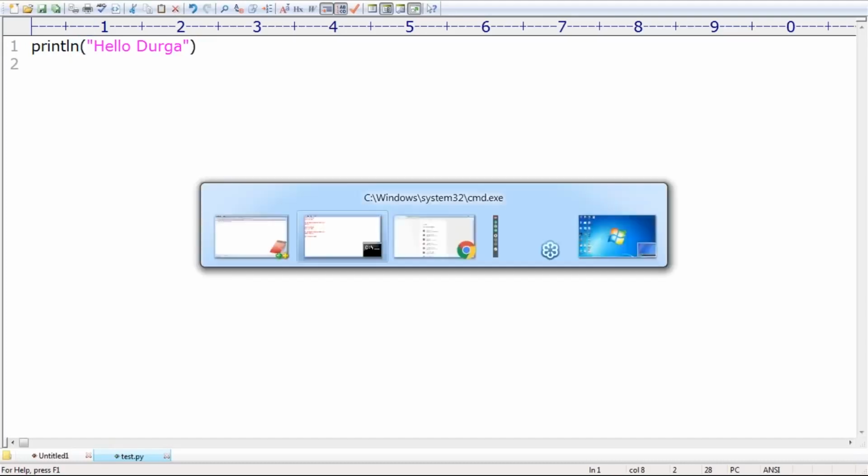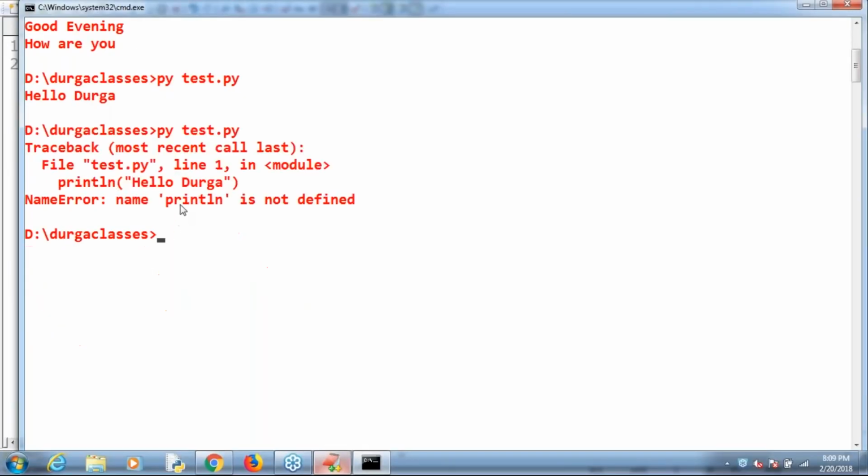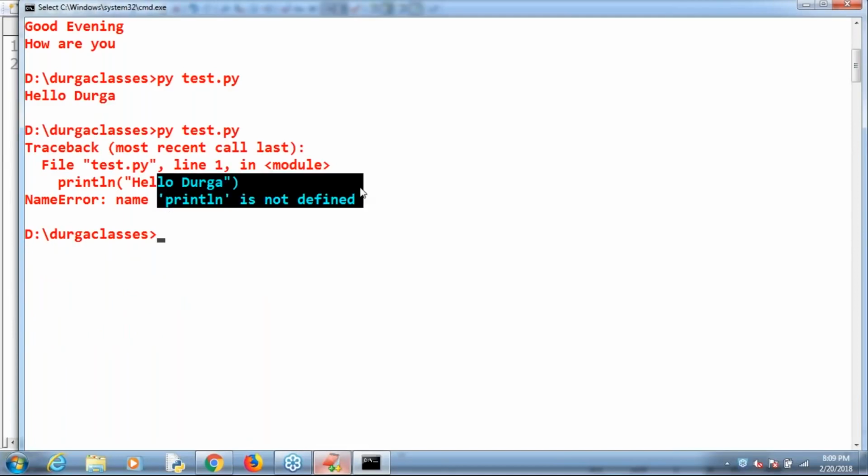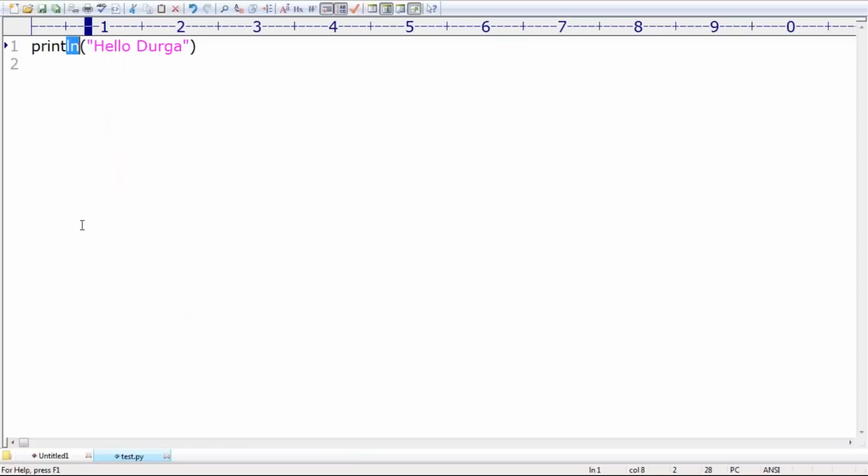But in Python, please observe what happens. Sir, println is not defined. Remember that part. I hope you can get it now. println is not there. In Python, we only use print. Remember that. Then what about the separator? Multiple options are available with print only. All those things I will discuss.